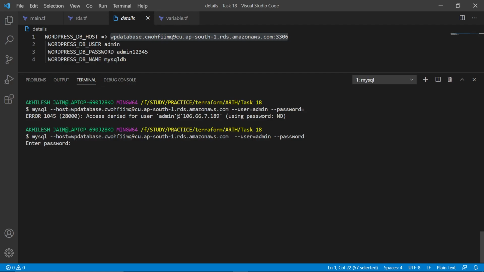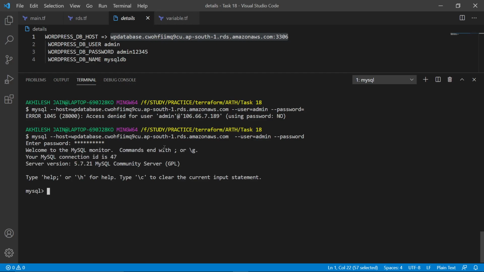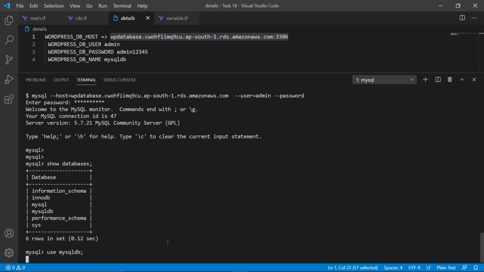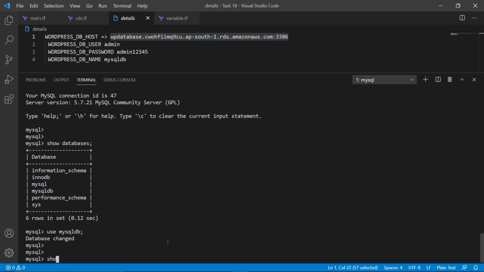So we can write our password, admin12345. So we are into the MySQL database. We can use show databases. So our DB name is mysqldb. So we can use mysqldb. Use mysqldb. So show tables.